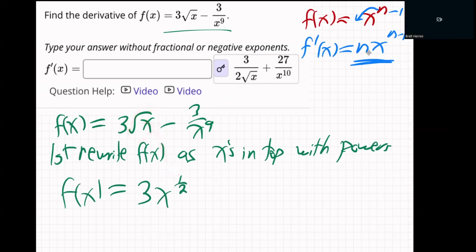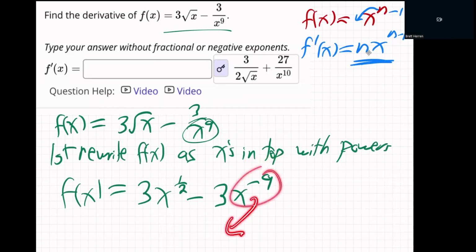So something important to know. The root of x is x to the half power. Need to know that. Minus, okay, and now what about this guy? That's x to the minus 9 when I put it out front or top, right? Because negative powers jump back to the denominator. Goes back to this. I haven't done any derivatives yet. This is still f of x. This is not f prime. I'm about to do f prime.